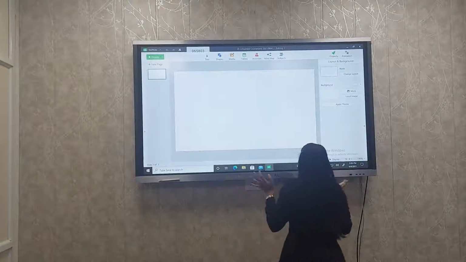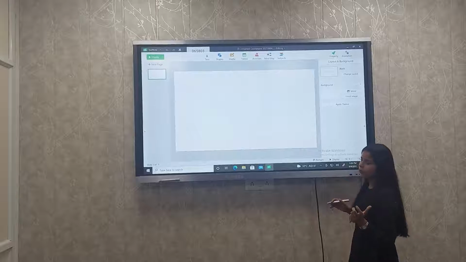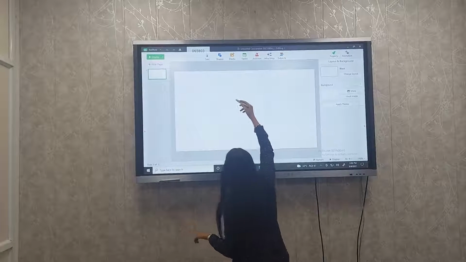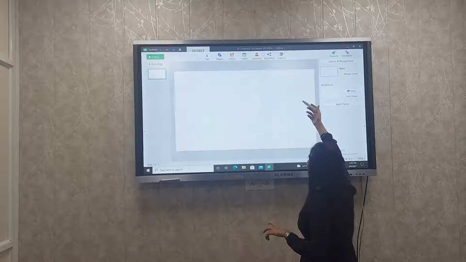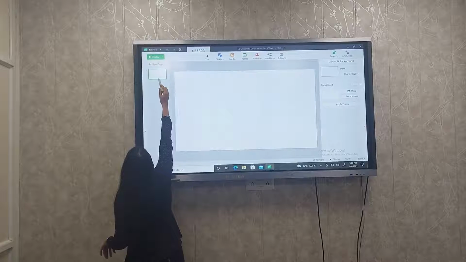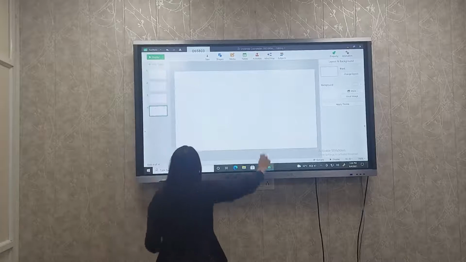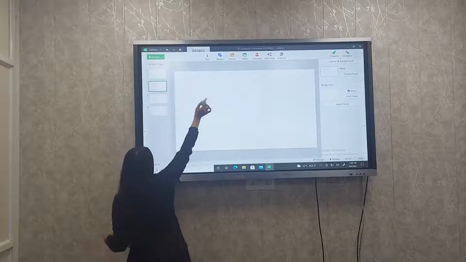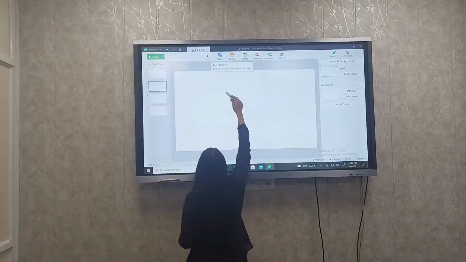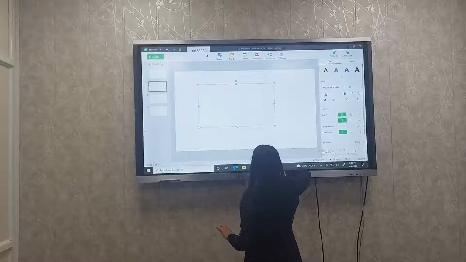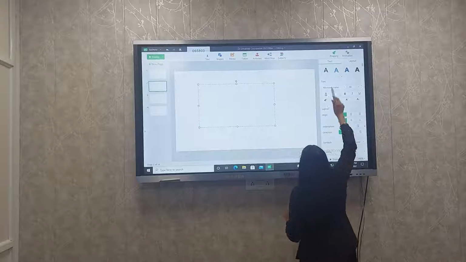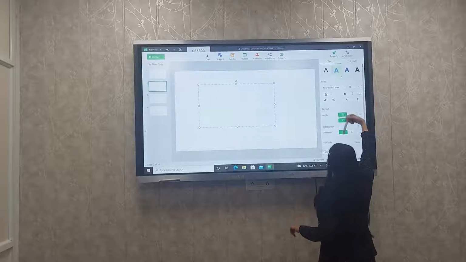So you can see, just like a PPT we have on your computer system, you will get a lot of options here: text, shapes, media, tables, activities, mind map, etc. You can add as many pages as you want. Okay, and if you want to write some text, you can just click on text. We get a text box, we have to draw it and write whatever we wish to write. We can select the font here, like either this or that.